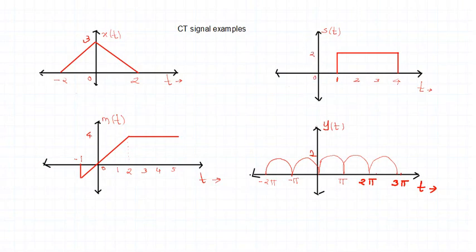Let me come to the third signal now. I have called the signal m of t. What do you understand about this signal? The signal is 0 up to -1, then it takes some finite value, and I have shown the signal up to 5. What does it mean here? I have not terminated the signal, friends. It means that this signal tends to infinity. This signal goes on, remaining at 4. The magnitude of the signal remains 4 up to infinity.